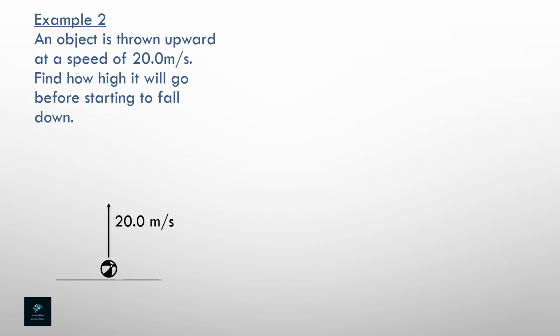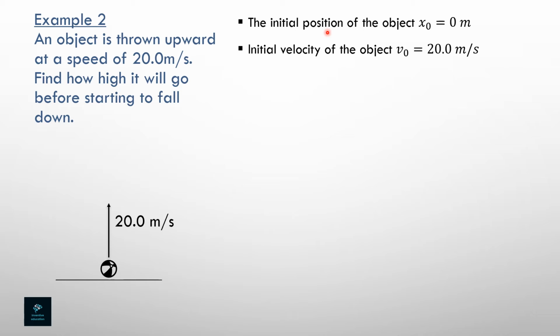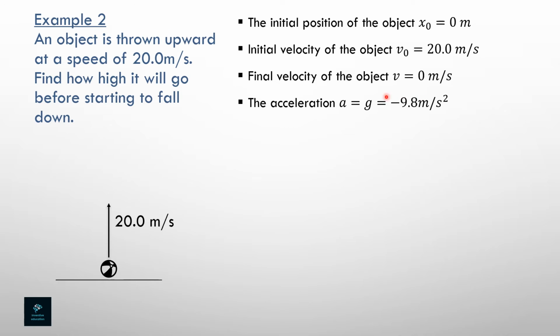In this example, an object is thrown upwards at a speed of 20 meters per second. We are required to find how high it will go before starting to fall down. We can take the initial position of the object as x0 equal to 0. The initial velocity of the object, v0, is equal to 20 meters per second. Since at the maximum height velocity is 0, the final velocity of the object, v, is equal to 0 meter per second. The acceleration is due to gravity only, therefore a is equal to minus 9.8 meters per second